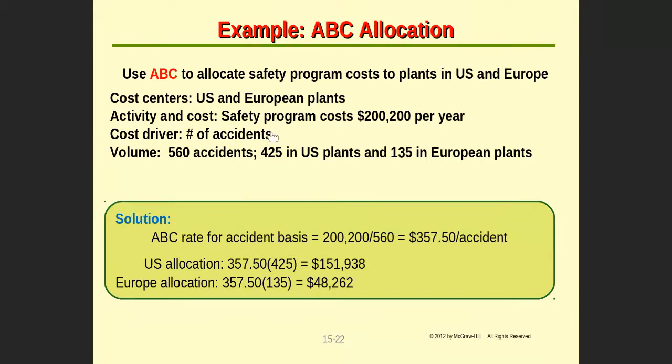When you multiply the 425 with the rate of the activity base, which is the 357, that is derived from the formula, which is the 200,000 for the program cost or the activity cost divided by the volume, which is the 560, that will give you the ratio or the rate for the cost per accident. If you have the cost per accident, now this is the opposite or